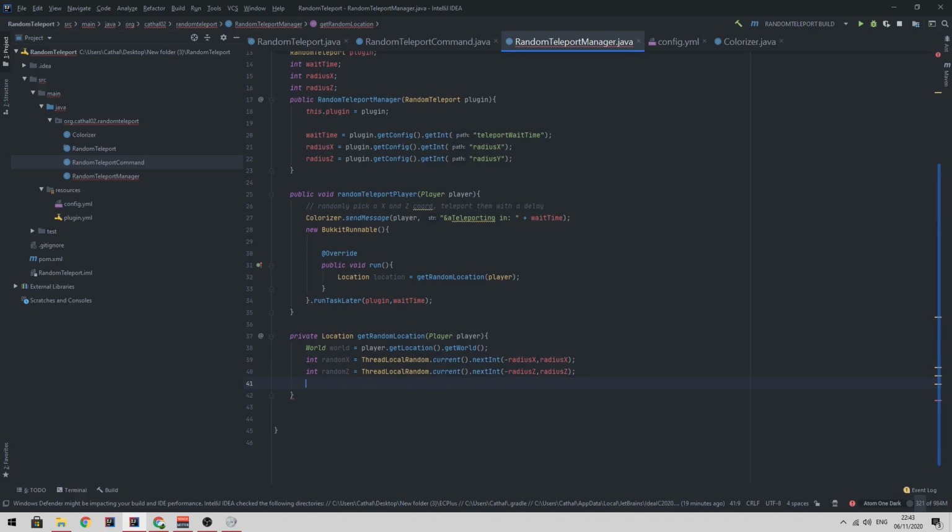And now you're thinking, how do we get the y value? We obviously don't want a random y value, because if we say picked 40, that might be in a cave, and that actually might work out fine. But if it's not in a cave, we're going to get suffocated. So the int random y is going to be